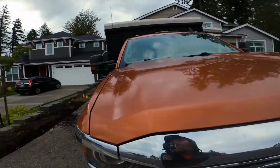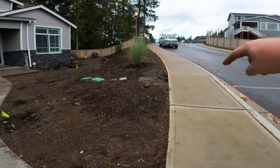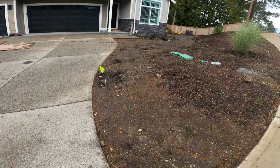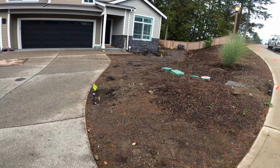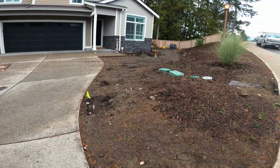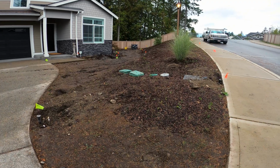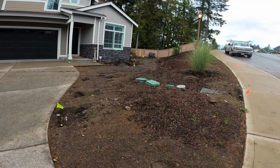I cut out all of the orange on this side of the driveway, and then on this side you can see we got orange flags all over the place and green flags all over the place. So on this side I'm going to cut out all the green flags because that was the front yard zone, and there's not going to be a lawn anymore, so no need to water grass. So we're going to cut out the green zones over here and then convert the orange zone into drip on this side. So we'll have drip for the beds that we put over here, and then drip over here,